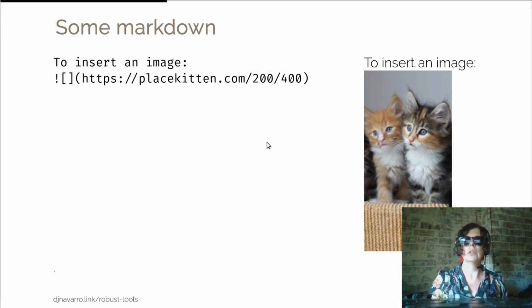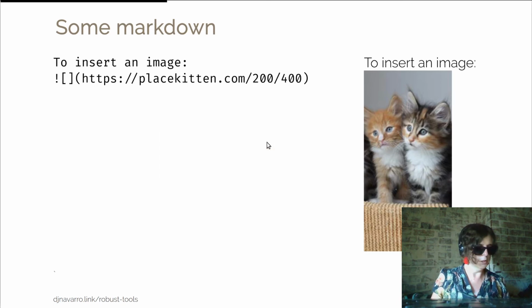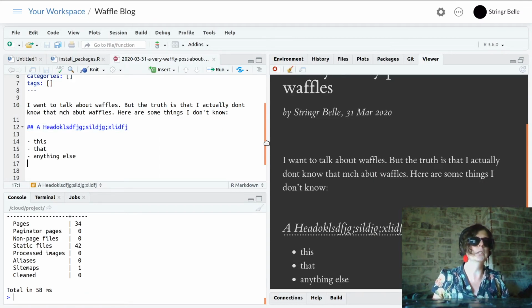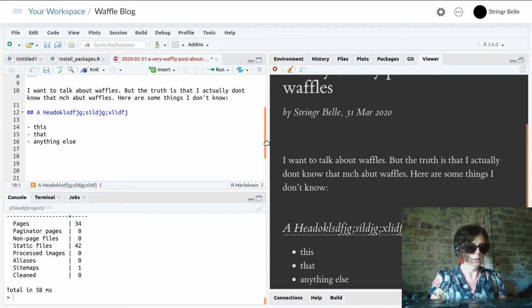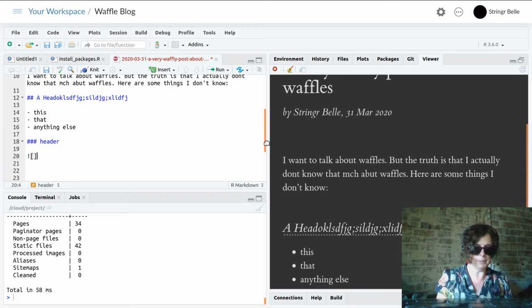So that's how. Let's check this out. Can we insert an image? Alright, so I'll put in a level 3 header, just so that you can see what it looks like in this particular template. And then I'm going to go, I always forget how to do this. Okay, exclamation mark, open, close square brackets for reasons. So we go HTTP